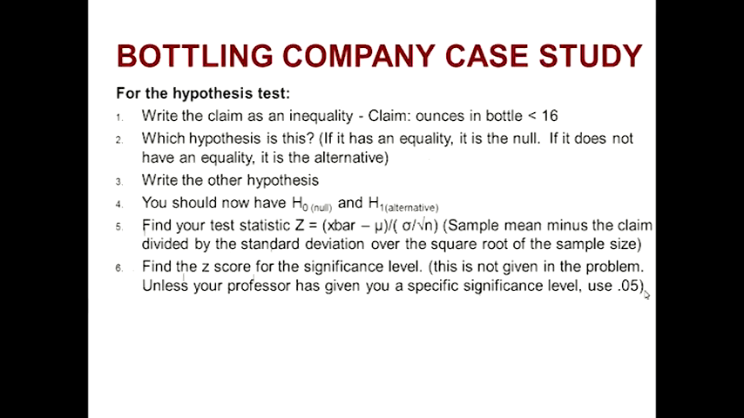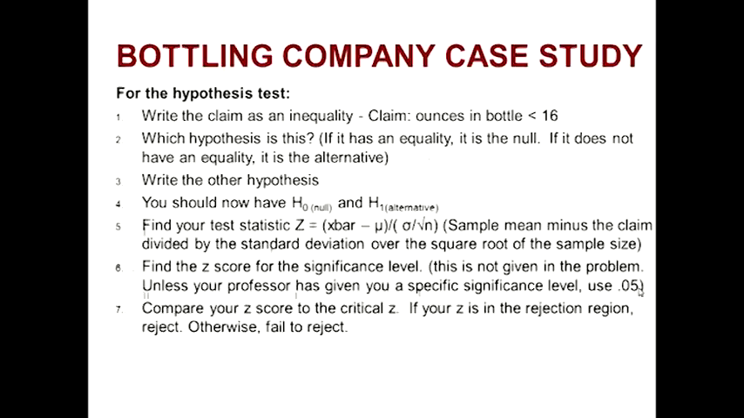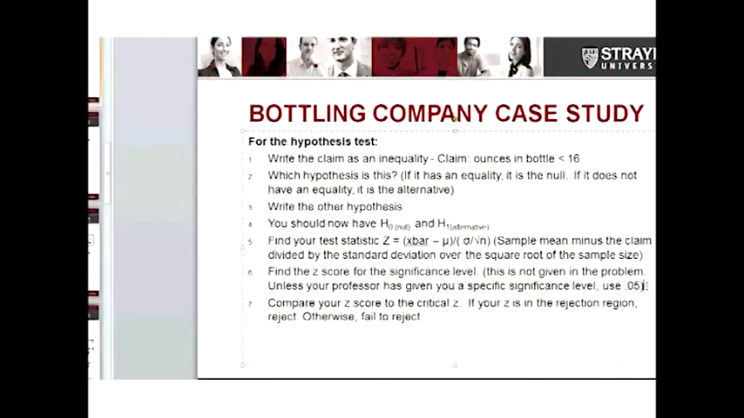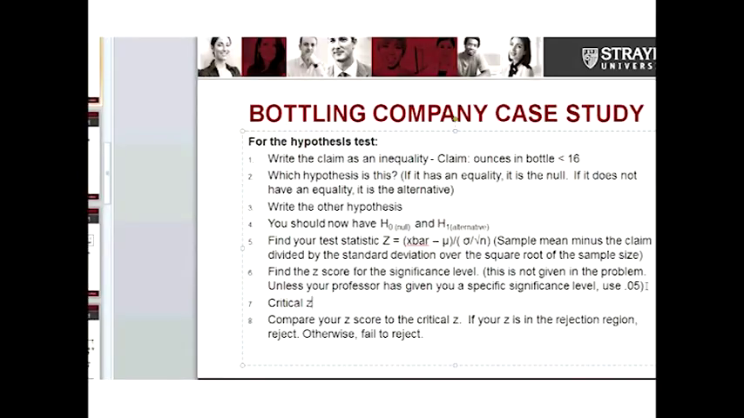So then step 6, find your z-score for your significance level. There is not a significance level given in the problem, okay? So unless your professor gives you a specific significance level, use 0.05 because that agrees with the 95% confidence interval. So compare your z-score to the critical z. So at 0.05, the critical z will be